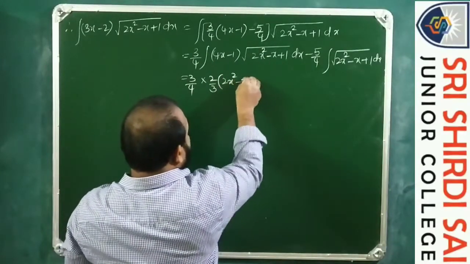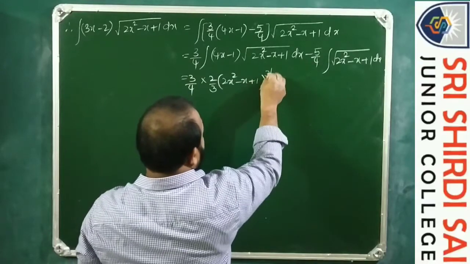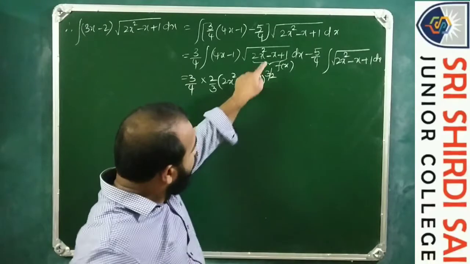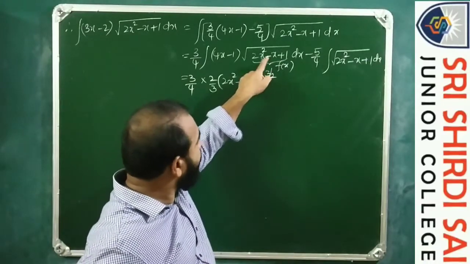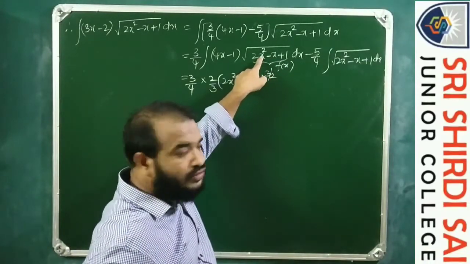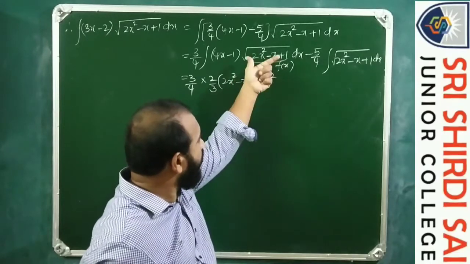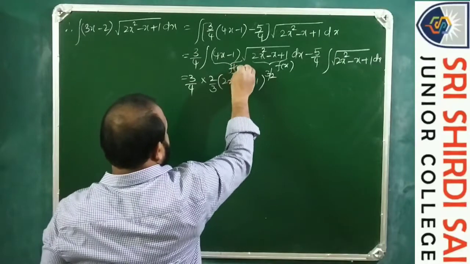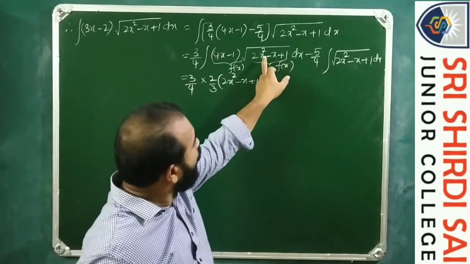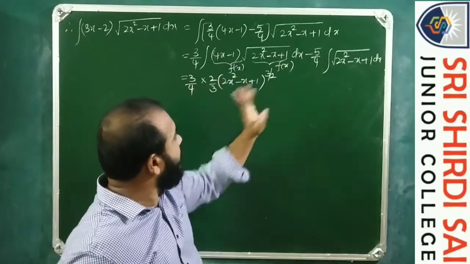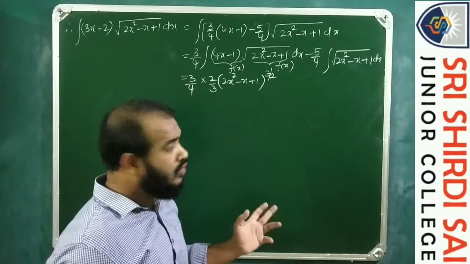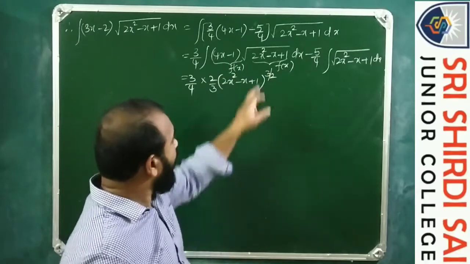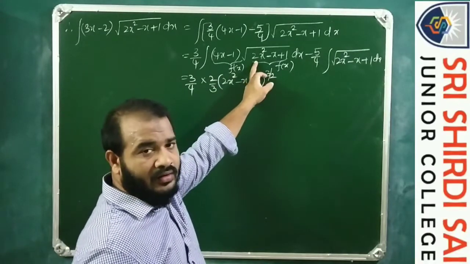2x² − x + 1 whole power 3/2, because this is our f(x). If this is f(x), its f'(x) is 2 into x² derivative is 2x, so 2 times 2x is 4x, and x derivative is 1. So 4x − 1. This is f'(x). So integral of root f(x) into f'(x) dx is 2/3 into f(x) whole power 3/2. If you don't know this, then prefer the conventional method of taking